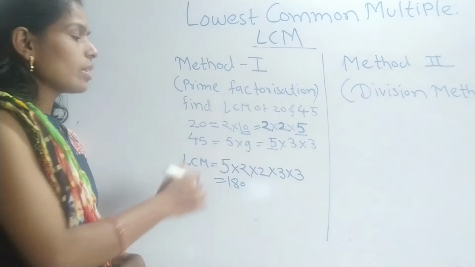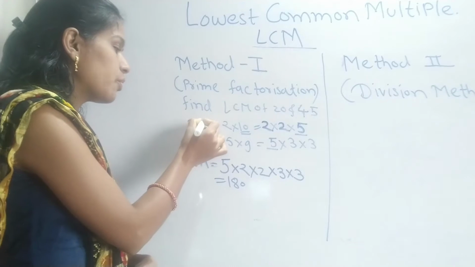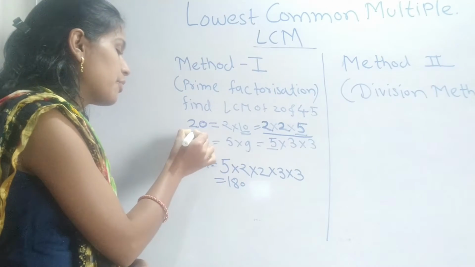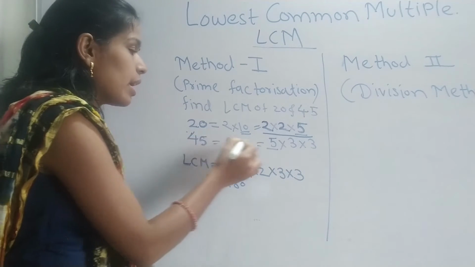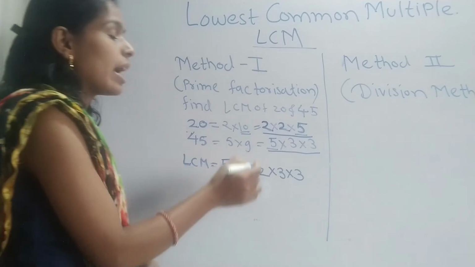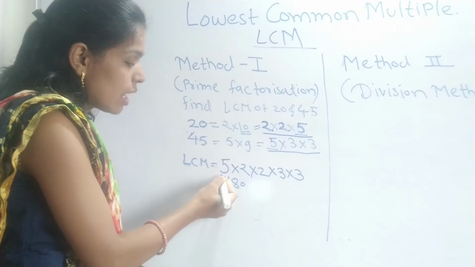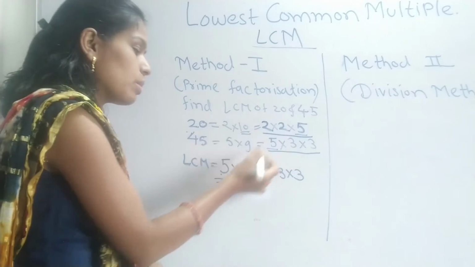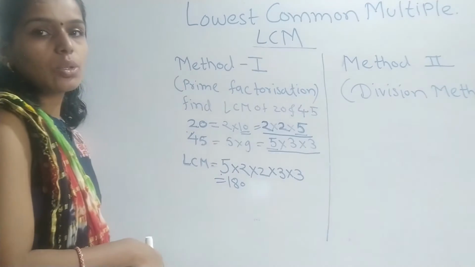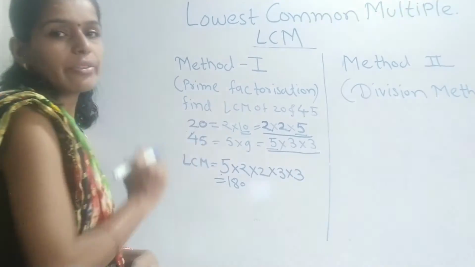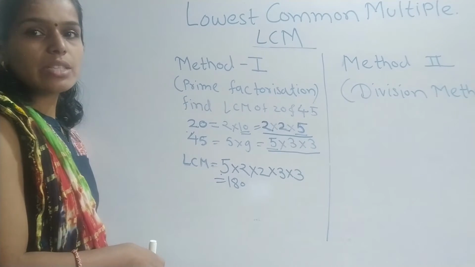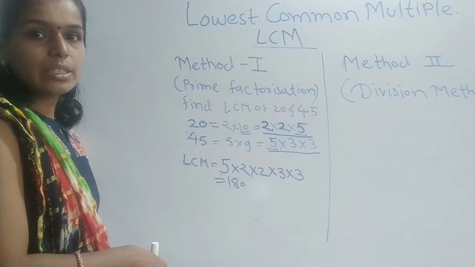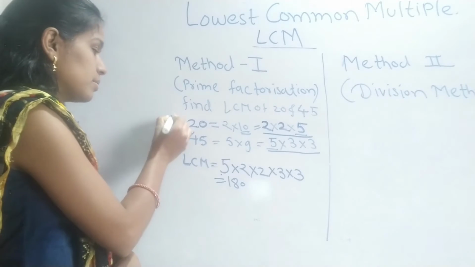Okay, again I am explaining what we have done. We first find the prime factors of 20, which are 2 into 2 into 5. Then I found the prime factors of 45, which are 5 into 3 into 3. Then I picked the common factor among these two and wrote it over here. Then I picked up the uncommon factors: 2 comes 2 times uncommonly and 3 comes 2 times uncommonly. So I have written all those factors. Then I got the multiplication as 180. So 180 is called the LCM of 20 and 45. Got it? Let's see one more example by the same method.